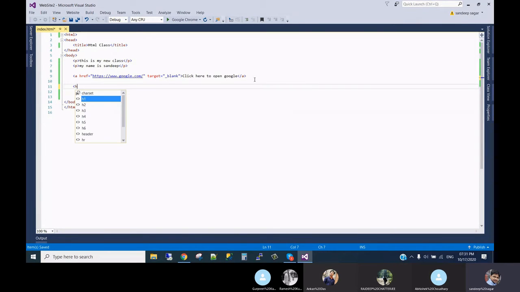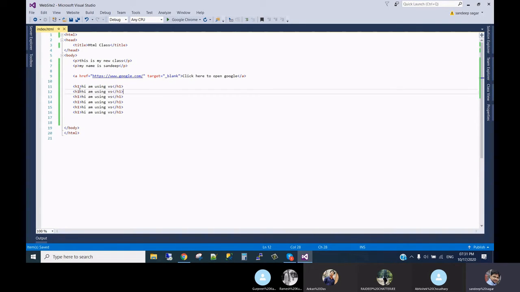If we use H1 and write something, and the same thing if I repeat 6 times with different tags, you will see the difference.